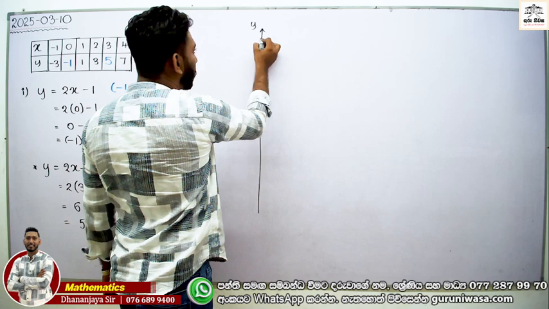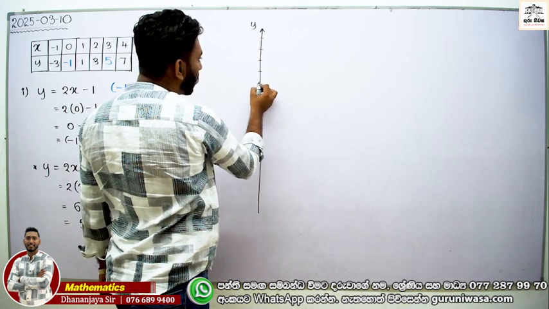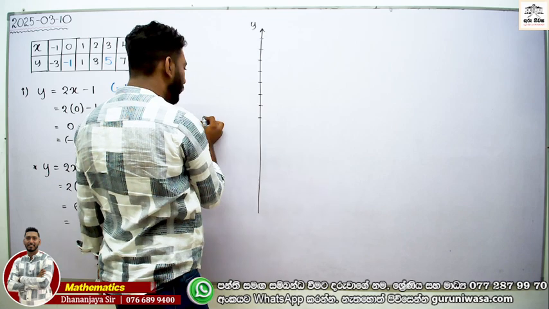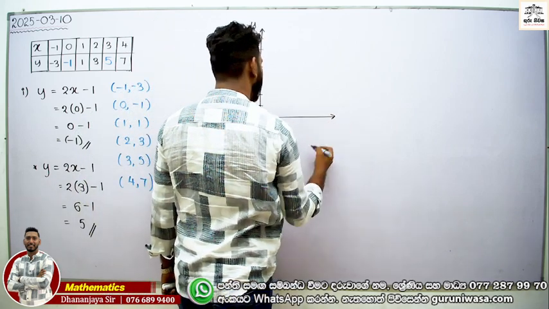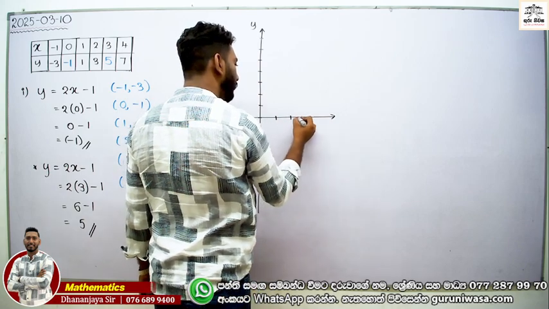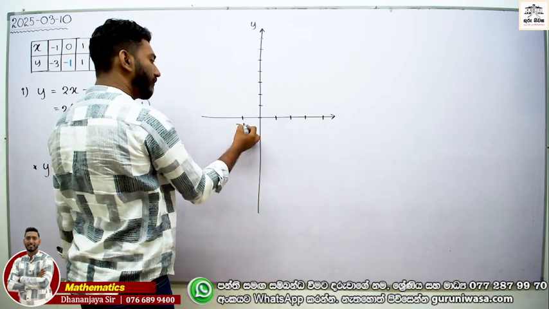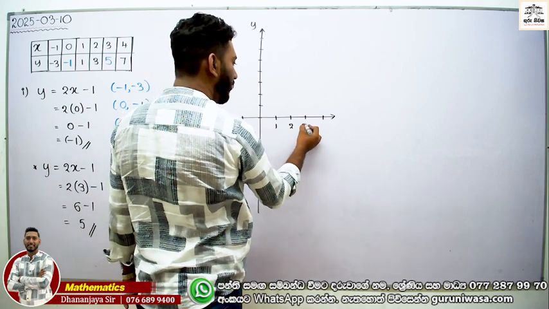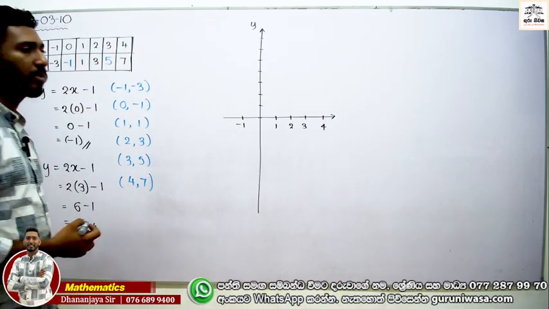Now you can mark 7, 6, 5, 4, 3, 2, 1, 0. And this is the x-axis. And plus 4: 1, 2, 3, 4. And minus, only minus 1. Now, can you draw it? And mark the coordinates. Hurry up. Coordinates ටික mark කරලා ලස්සනට පුතේ ඊට පස්සේ අපි